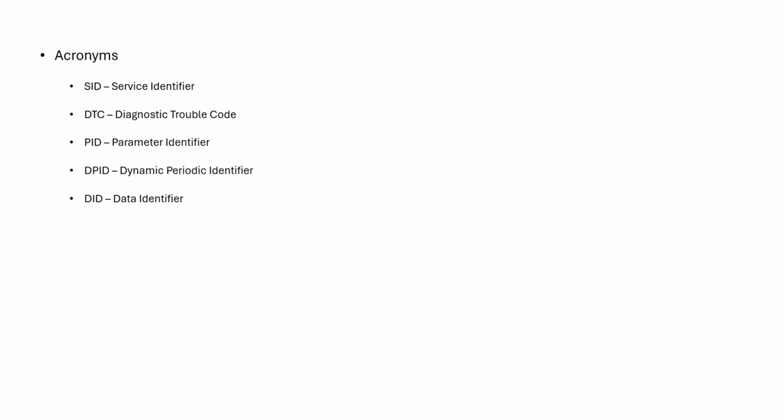Suppose a DID has a length of 2 bytes, and we'll be using that DID to request information from the ECU or to write some information into the ECU. For that purpose, we'll be using the DID. We'll be seeing the details regarding this DID in further sessions where we discuss different UDS services. P codes is nothing but a